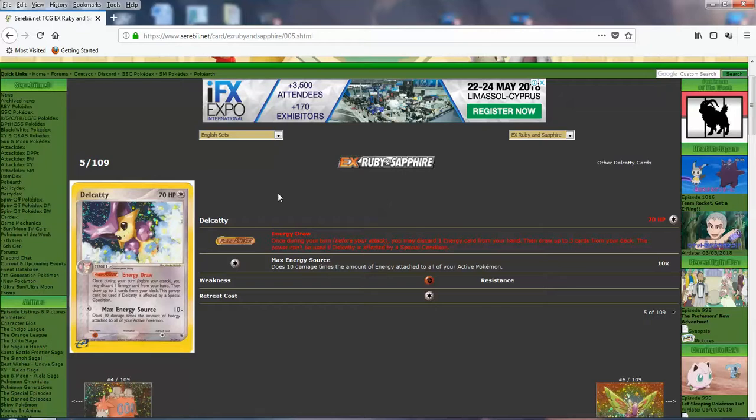It needs a specific requirement, discard an energy, but it's straight draw 3. Very good power, man. It's the type of power you use on a support Pokemon like this. Very nice. And when EX Ruby came out and this Delcatty came out, the 3 e-reader sets, Skyridge, Expedition, and